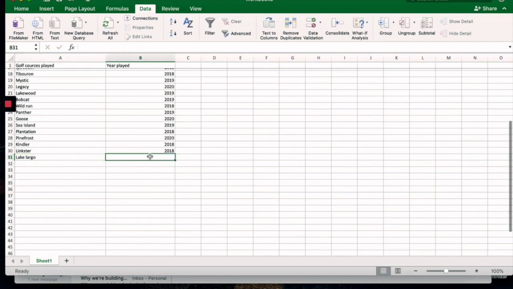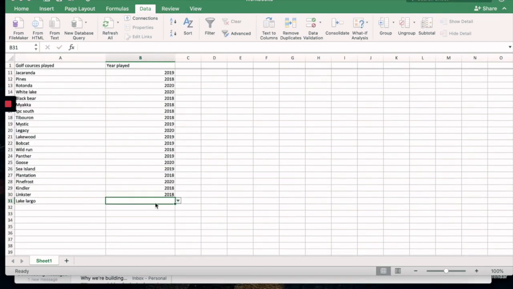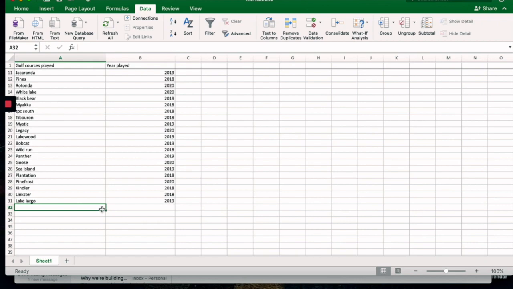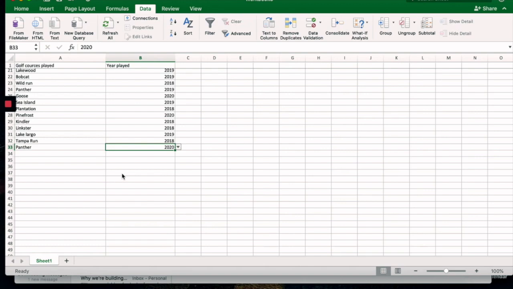Then we're going to come over here. We have Lake Largo, and as we see right here, we have this little drop down menu that we can click on that limits us to what years we have. So we played Lake Largo in 2019. Beautiful. We also played Tampa Run that year as well. It really restricts it. So once again, on a shared spreadsheet especially, you don't have these different numbers that are way out of form that you don't really need. You just want this to be more focused. This is the great